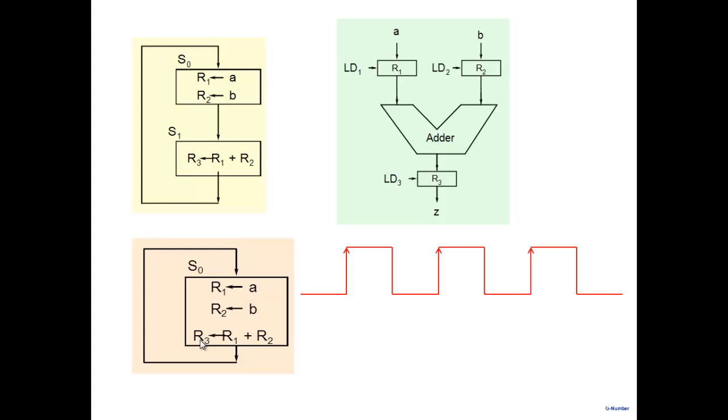I have to use a separate register, R3, because to the same register I cannot load twice. Right? So if I write R3, R1 plus R2, maybe the whole thing can be done in one state itself. While I'm reading the present data, this one is computing the previous data, previous values, and